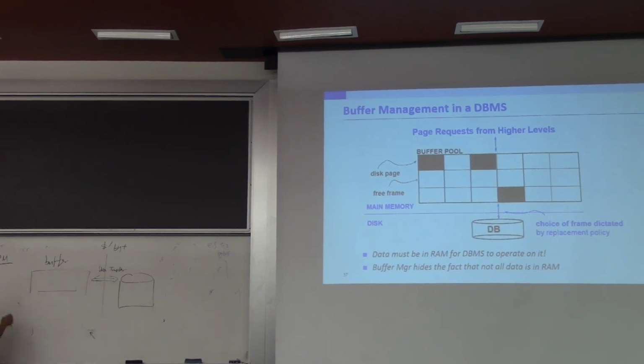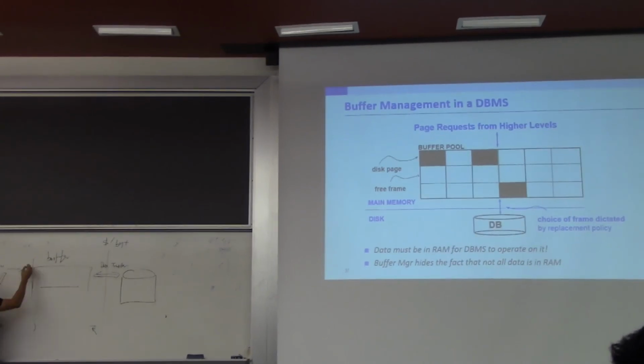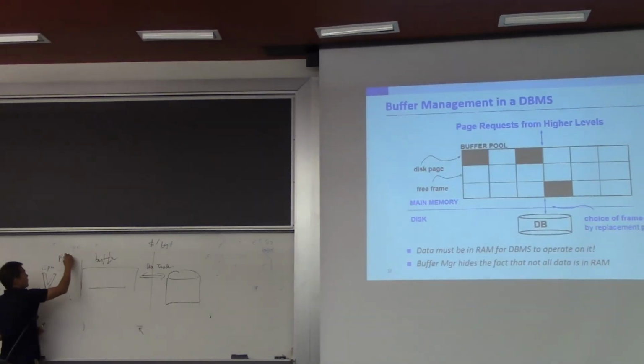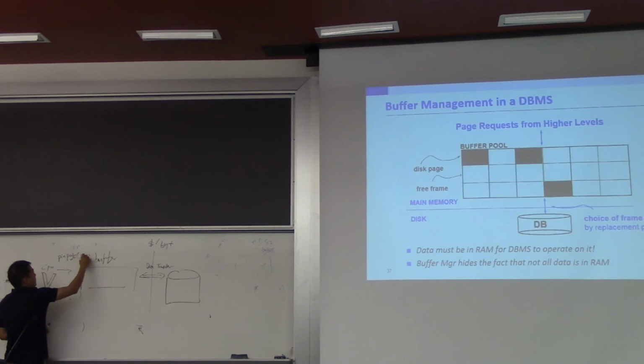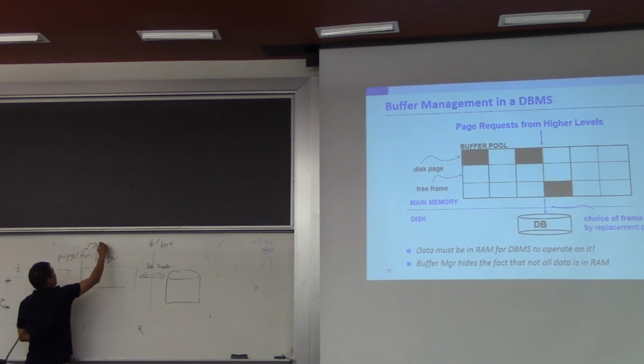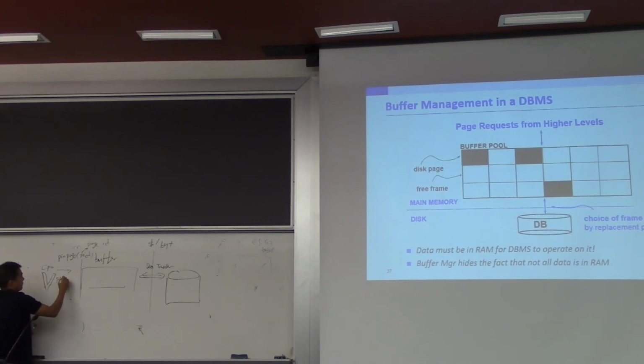The way it works is some higher level process from your CPU, using my notation, it's like B-lash. So this is CPU. And this will send a request asking for a particular page. And a buffer manager will expose an interface called pin page, where you supply a page ID. So for example, I will pin page number 10. What that means is some request, some process is asking for page number 10, asking for the data in page